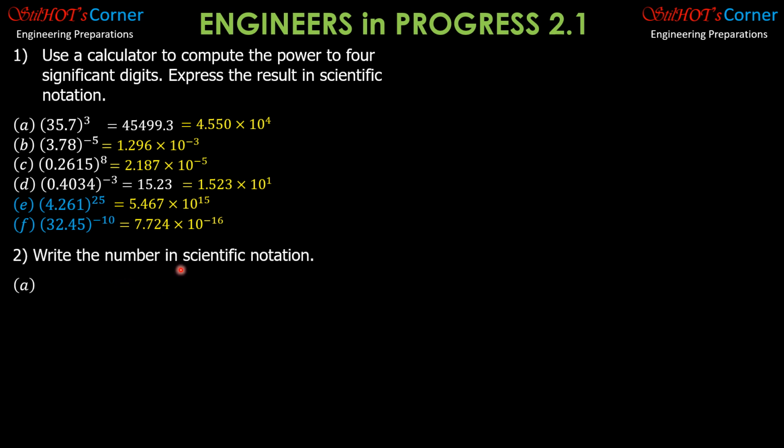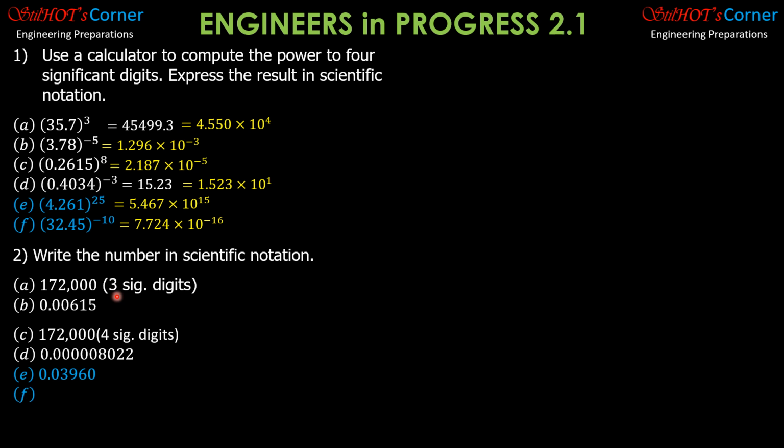Problem 2, write the number in scientific notation. So 172,000 in scientific notation and to 3 significant digits. Next is 0.00615 to 3 significant figures. Of course, there are 3 significant figures here. So we also round this off and write this in scientific notation to 3 significant digits also. Then 172,000, but this time to 4 significant digits. Then